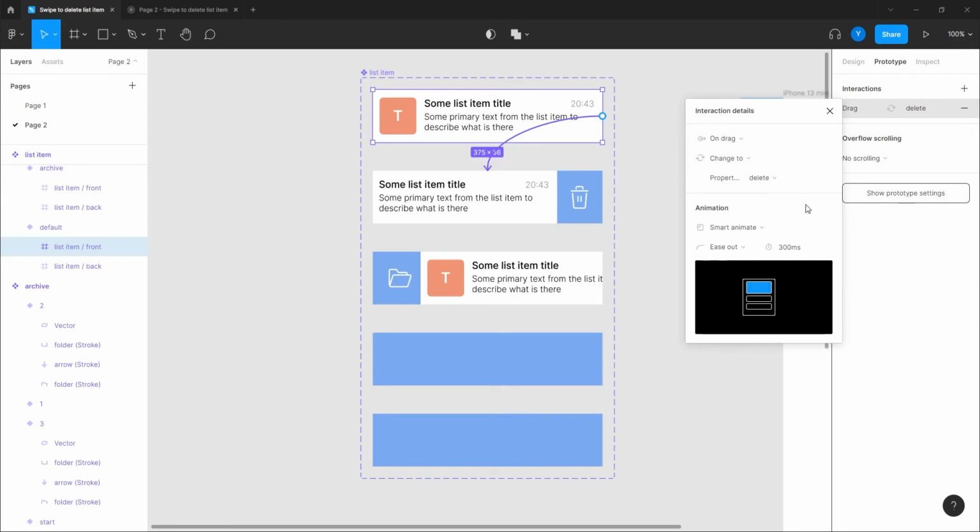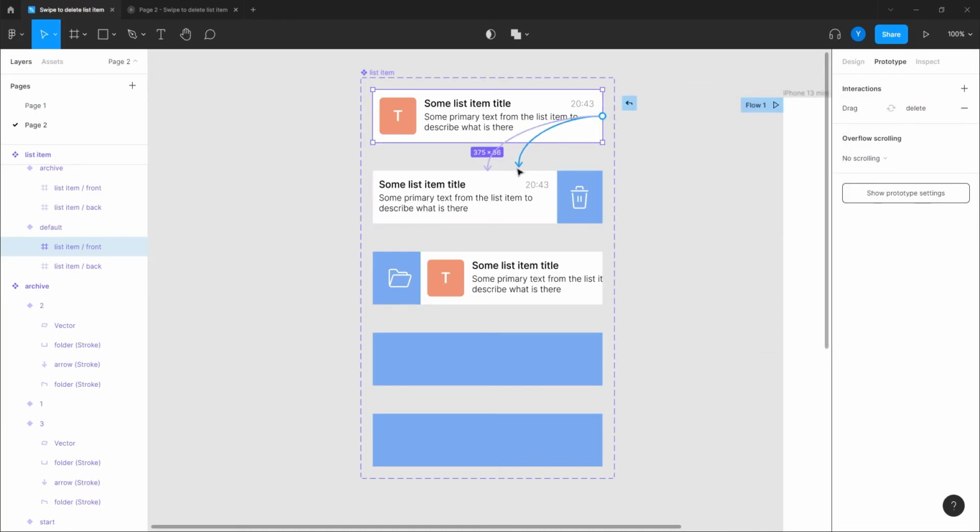The 300 milliseconds is just when I start doing this movement and leave it, it's going to go back automatically. This is the 300 milliseconds because I can drag it slowly, and the animation is going to happen at the speed of the way that I'm dragging it. Okay, so that's one.